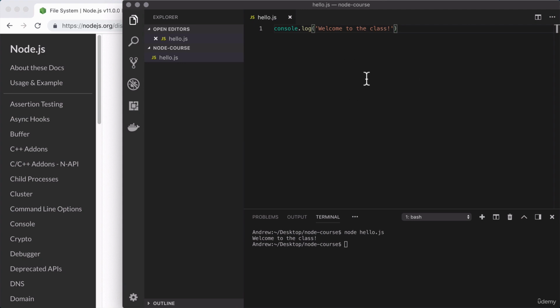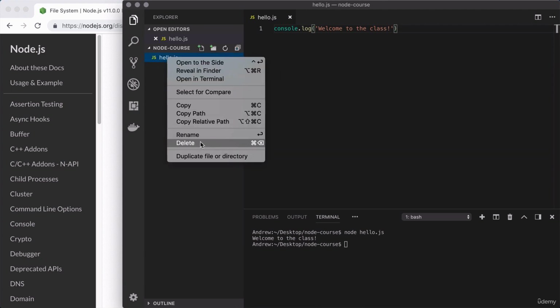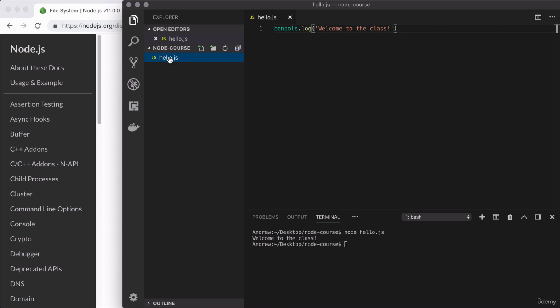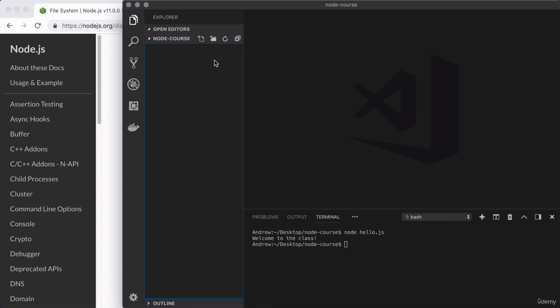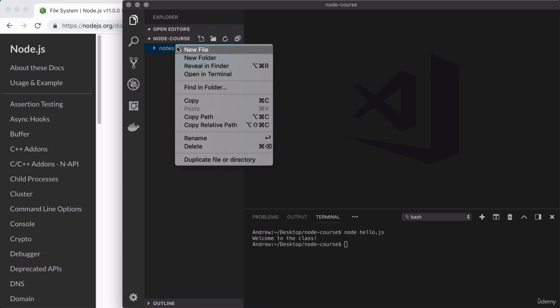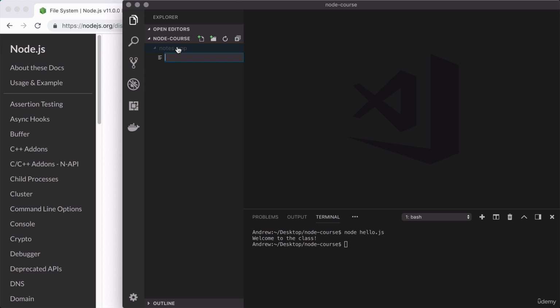I'm going to head over to the Visual Studio Code editor, and I will take a moment to delete hello.js, as this is not going to make it into any of our applications. Let's go ahead and trash it. And we'll make a brand new folder for our first project, which is going to be a little Notes app. So I'll call the folder Notes app, and in there, we're going to make a single JS file. Right here,